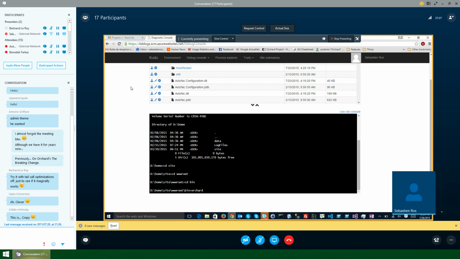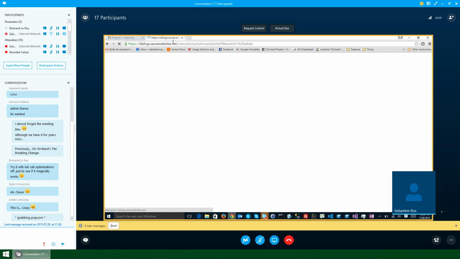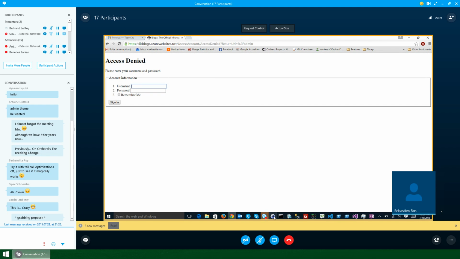So what I did is I did a new feature in the multi-tenant module. So if I go to the main tenant, to the default tenant, and I authenticate,